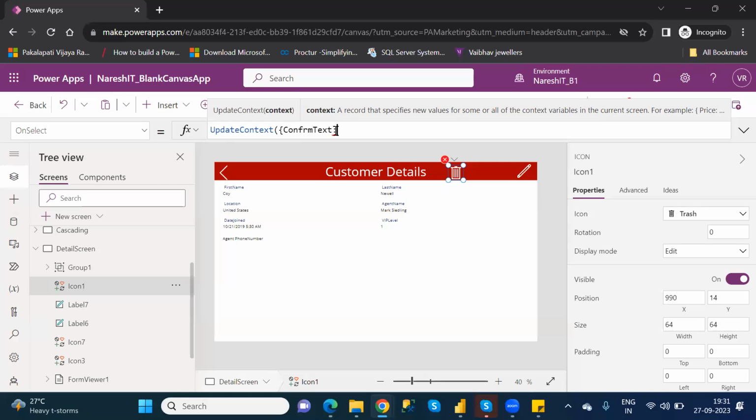After that, you need to pass the value here. What value? True or false only you have to pass in the variable, because based on that, I need to pass those related variables in the visible properties for all the buttons.